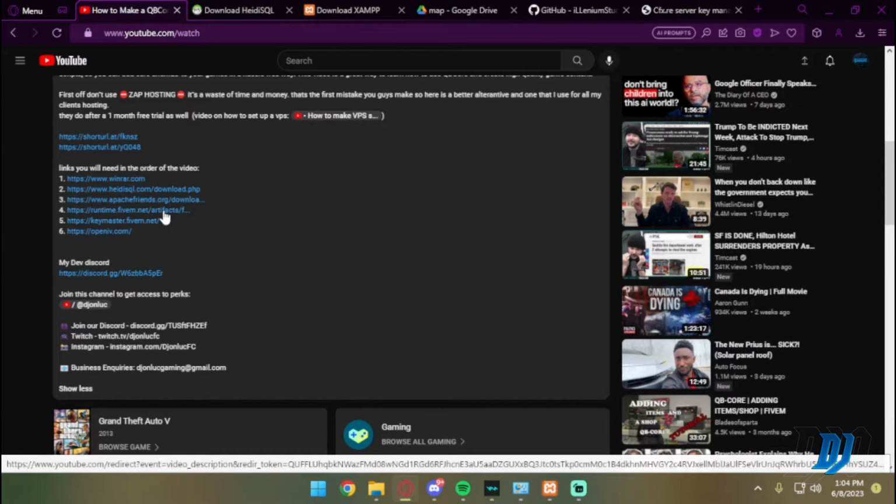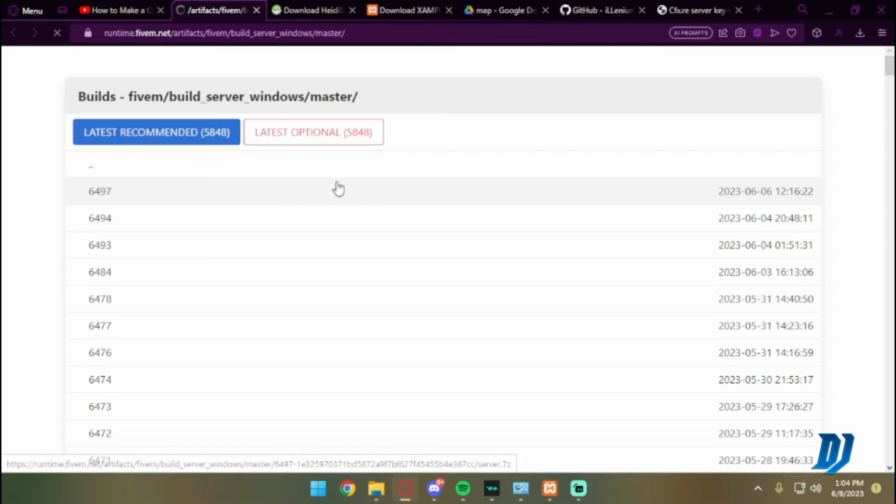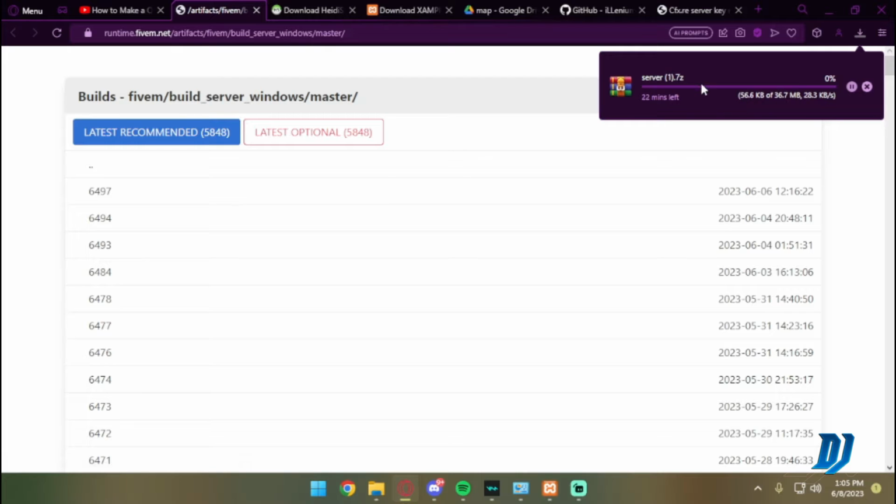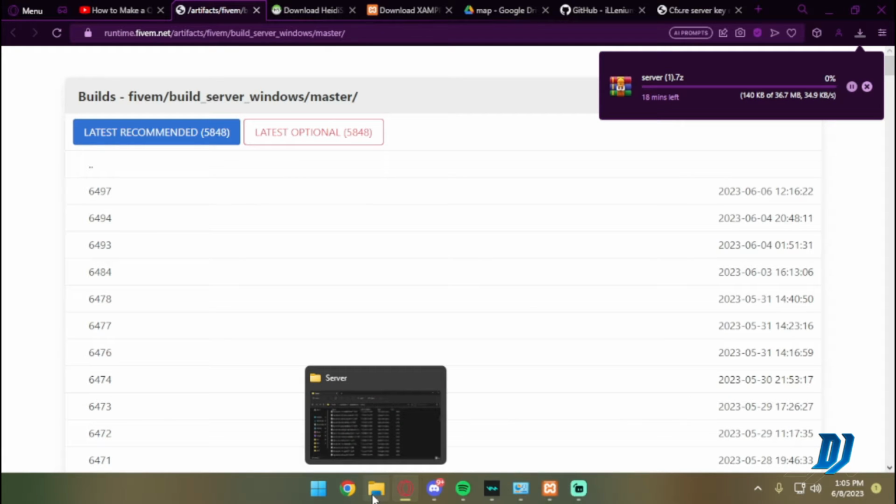All right. Then what we want to do is get our artifact build. This is our artifact build. I already have this downloaded, so I don't need to download it again. But once we've downloaded our artifact build, which is currently